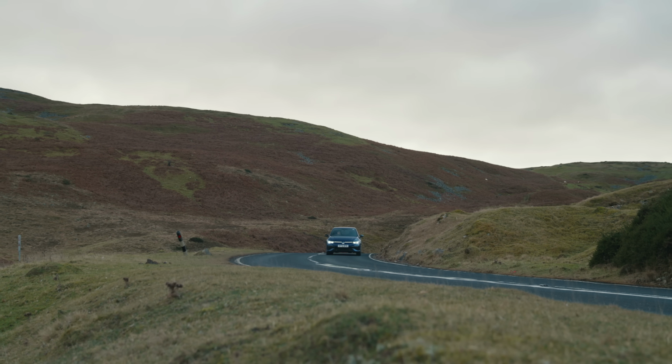And you know what, it sounds all right. It sounds fitting for what a hot hatch should be. A bit of a giggle and entertaining. Now, the one thing about the Golf R is you